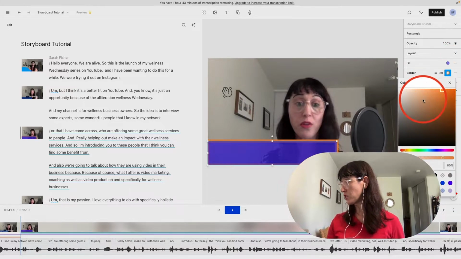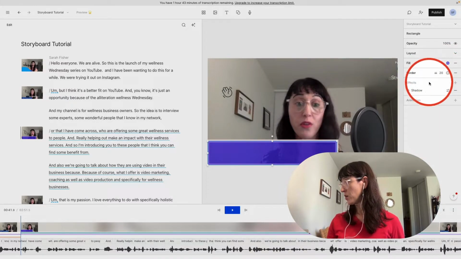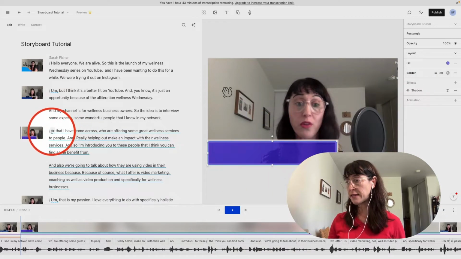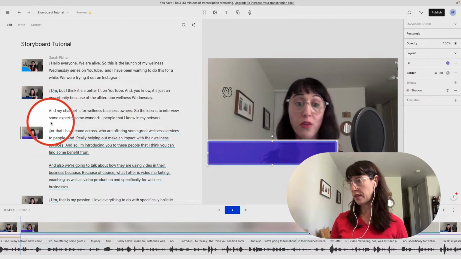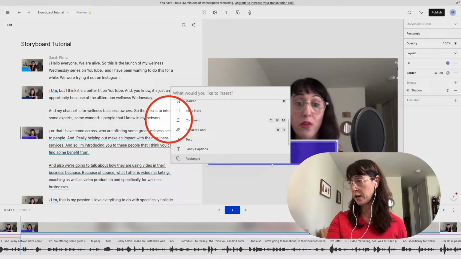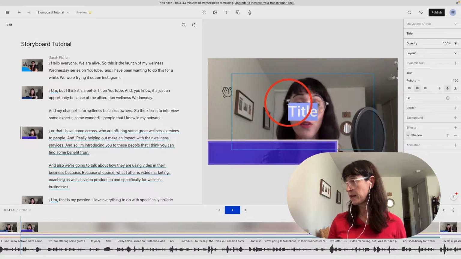And then we might want to change the border, you know, just playing around with it. And then we're going to add text, keeping our cursor so it is contained within that scene, hitting Command Shift K, and then we're going to come over here and add text. So now we have text within this scene,